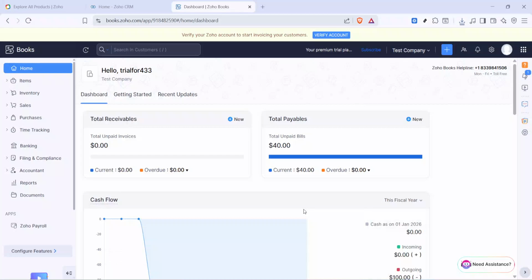In today's video, I'm going to teach you how to create a credit note in Zoho Books. A credit note is a document you issue to reduce or reverse a customer's charge. Maybe an item was returned, overbilled, or a discount needs to be applied after invoicing. I'll walk you through creating one from start to finish so you can keep your books accurate and your customer